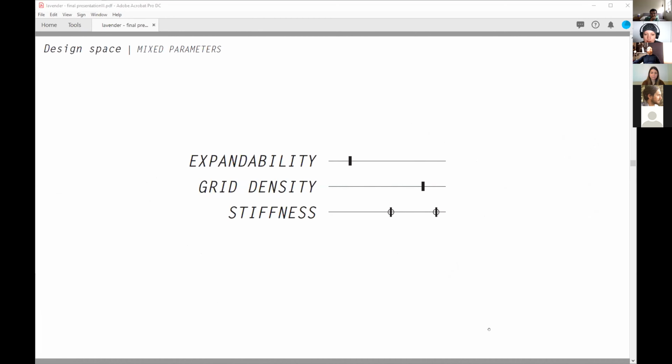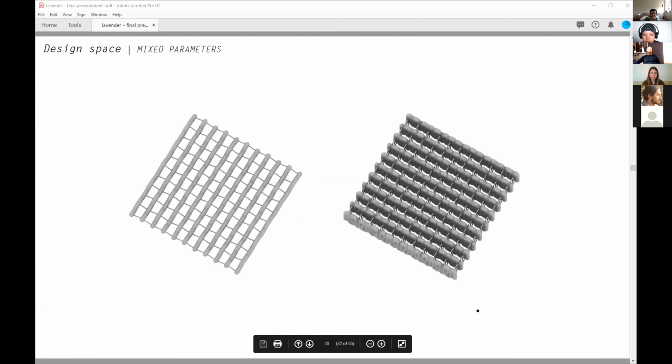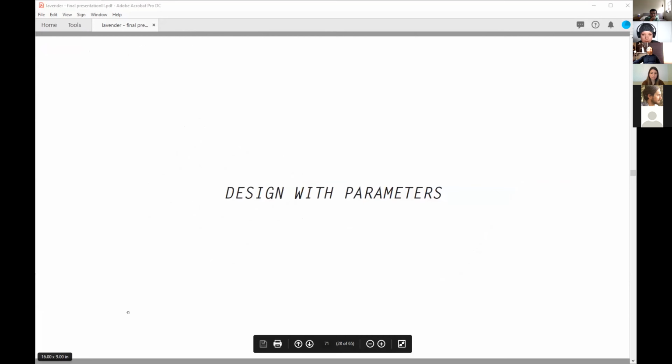And then likewise, you could also have different discrete properties, in particular applied to material stiffness, separating the directions of the units and being able to apply different properties to each of them. So with that in mind, the idea of those three major areas of manipulating the design space,